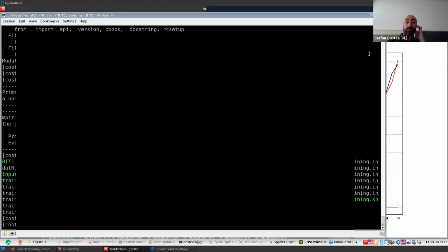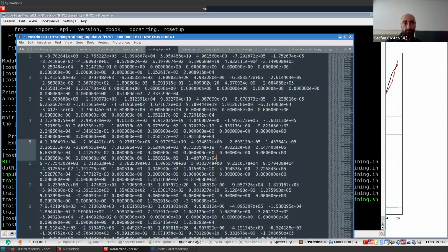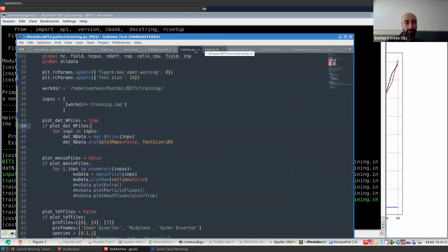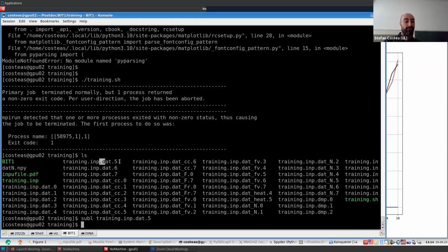Now I want to see what I plotted here. So I go to my script and I want to plot. I didn't prepare. Okay, what I'll show you is the movie files, which is the same information as in that file, the same information as here, but for each time step. So I will go and